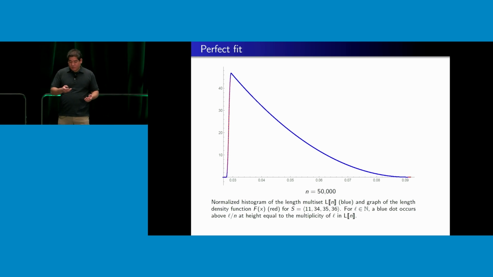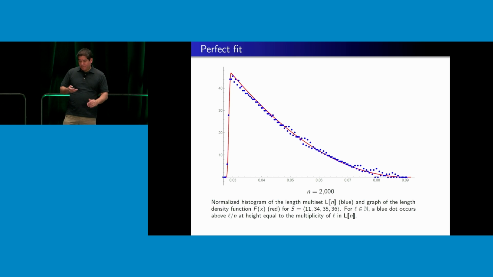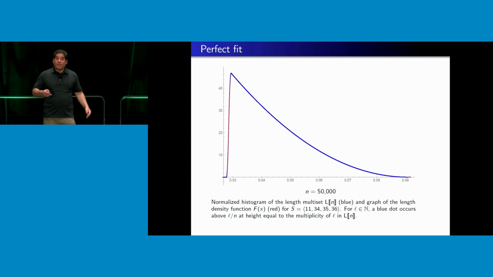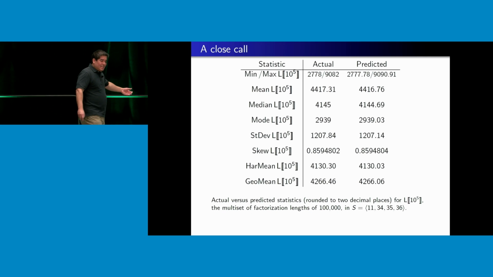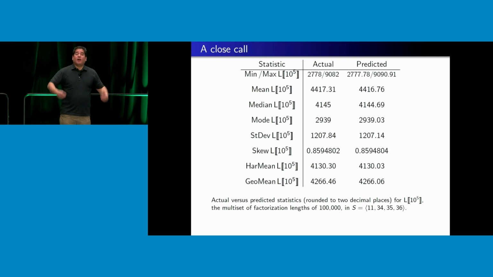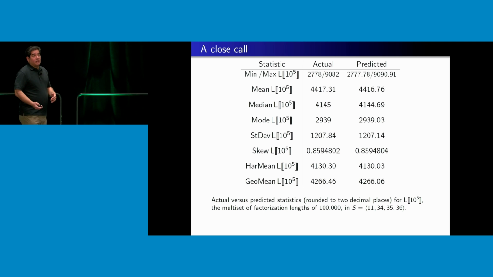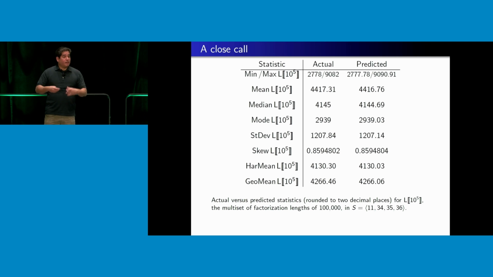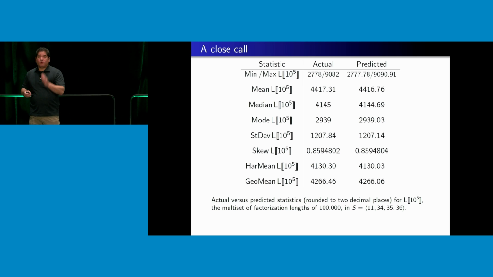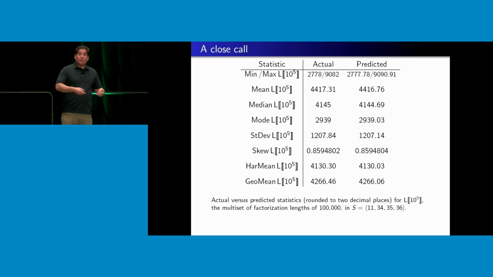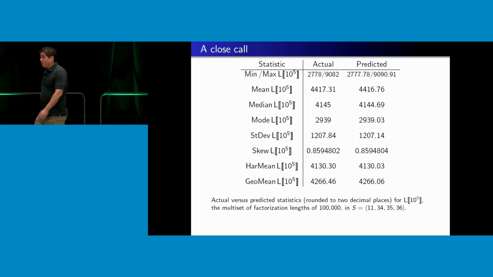And it's pretty interesting. You can begin to see, even on that very vertical part where there are a few dots, as I order more and more nuggets, these scaled histograms basically even fill out that really sharp vertical thing. The important thing to note, this is a C1 curve. Those are not actual corners. And so, as I said, you can work on the combinatorial side, just order 100,000 nuggets, find all the possible ways to serve it, and then look at all these statistics on factorization length. You get the left column. You can work on the continuum side and say, well, I can just work with this length density function, that capital F, and figure out what my predictions for ordering 100,000 nuggets are. And you can see you get almost exact agreement with all the key statistics, mean, median, mode, and all the other more exotic things that you might want to look at.